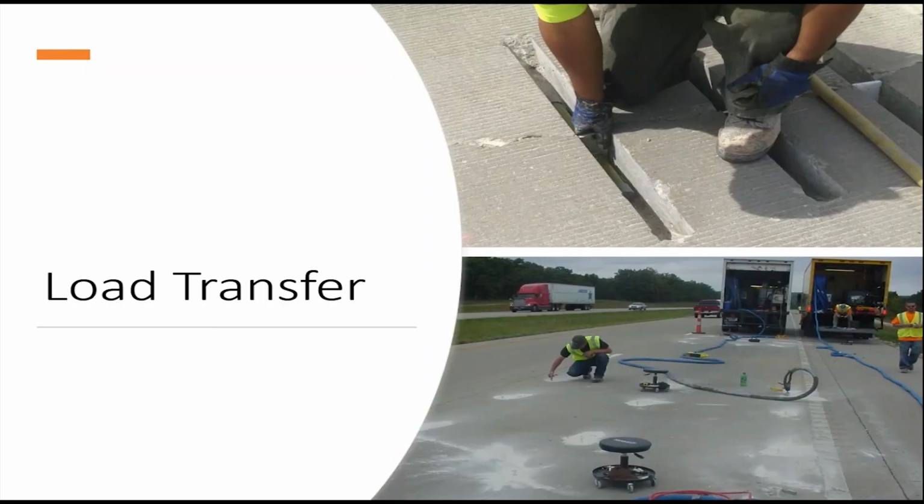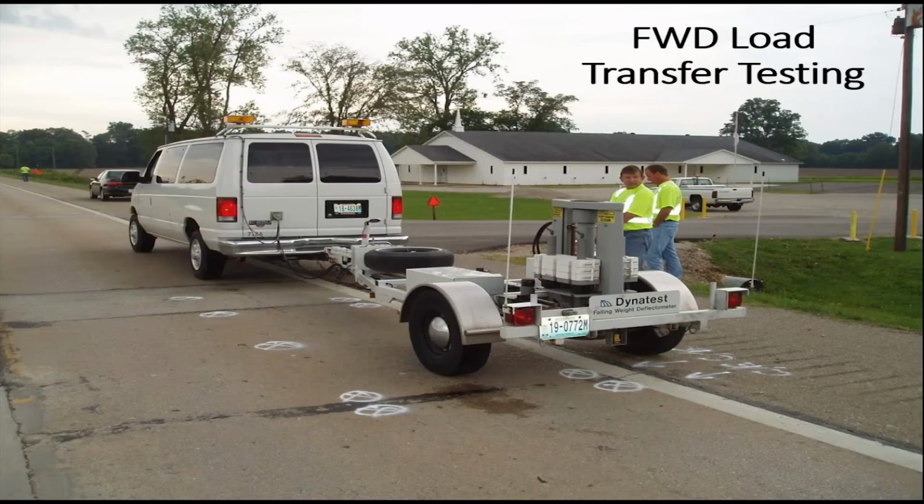Load transfer: if you dowel pavement joints like I think everybody should, I never really understood why some agencies didn't. I'm not going to point fingers or anything, but it just always seemed common sense that if you have joints in concrete pavement, you should have dowel bars across there. If you have a 1 1/4, 1.5 dowel bar across the joint, I mean, you shouldn't see any faulting or